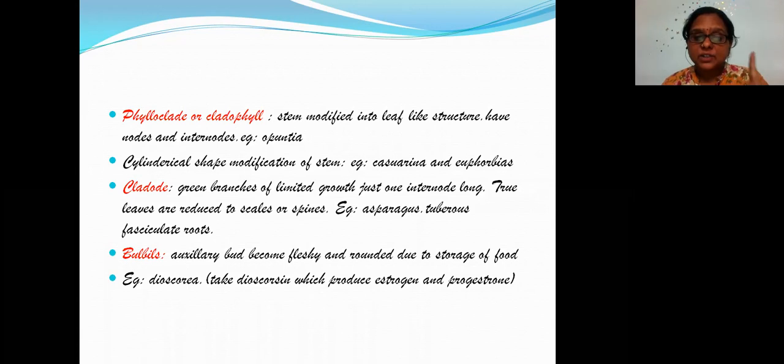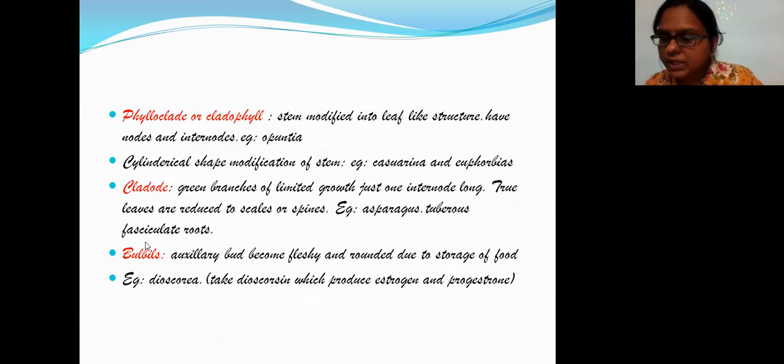Another one, students, they have fasciculated roots. Okay, tuberous. I told you it comes as a bunch, right? So it is actually tuberous fasciculated roots. I have not written a full-fledged, neat grammatical sentence on the slide. Wherever I'm getting the points, I'm just inserting them. So when I'm giving you the explanation, please write it in a form which, after 5 or 6 months, when you take it out, you'll be able to understand. So asparagus, mostly these cladodes will have tuberous fasciculate roots.